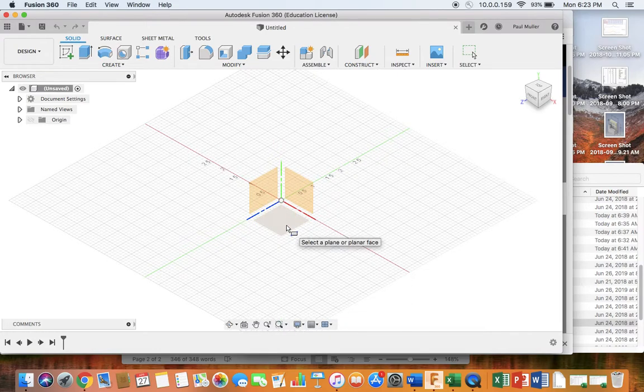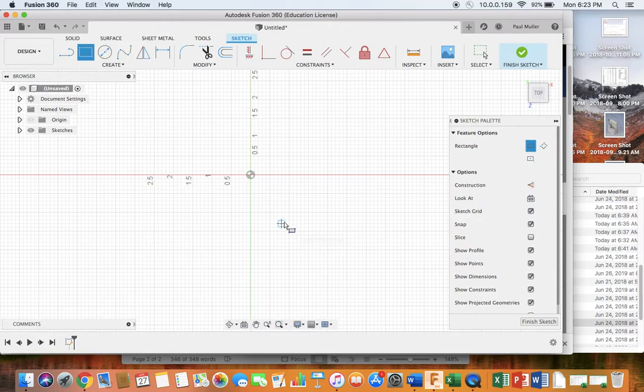I know it looks a little bit different than Inventor, but it's essentially the same thing. You choose one of these planes. I'll choose, I think it looks like the XY plane. I'll click on it. Now it puts it right in front of me, just as was done in Inventor. If I want to draw a rectangle, I've already chosen it. I like to always start with the origin. I place one